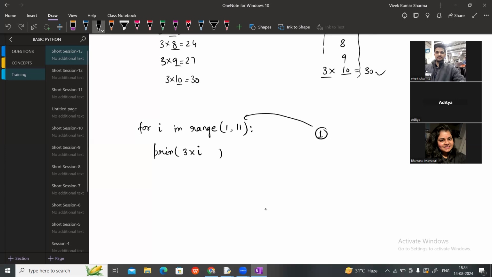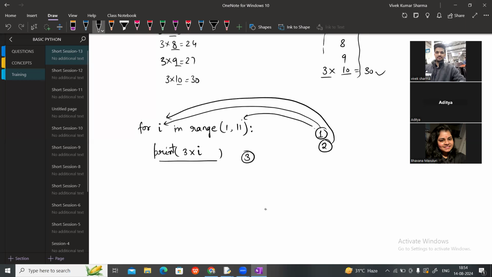That one number will be assigned to this I variable. Now the value of I is 1. 1 into 3, it will print 3. Next time, 2 will come inside this range. This 2 will be assigned to this I variable. Now the value of I is 2. If we put I equals 2, it will be like 3 into 2 and it will print 6,